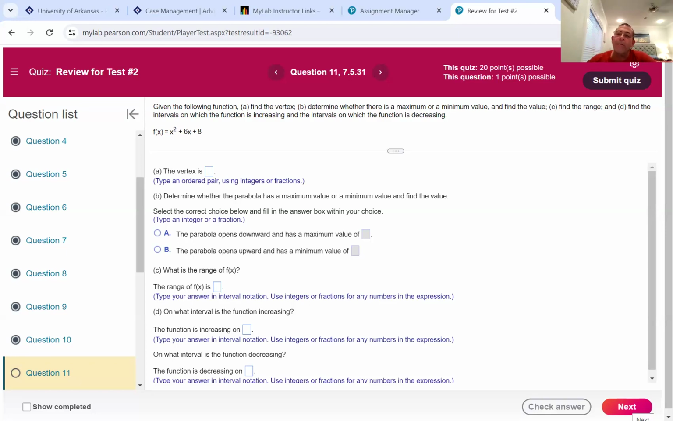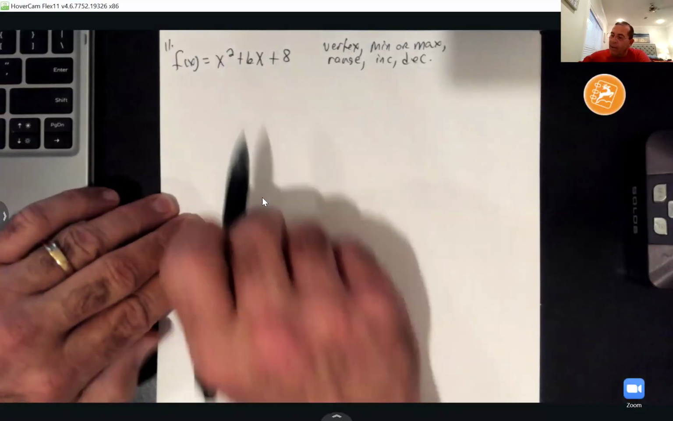But all the information they're wanting can be found once we got that vertex, okay? So let's go back and find our vertex. And then I'll show you how to put some of these in, like the range. The range is a little picky. So look,